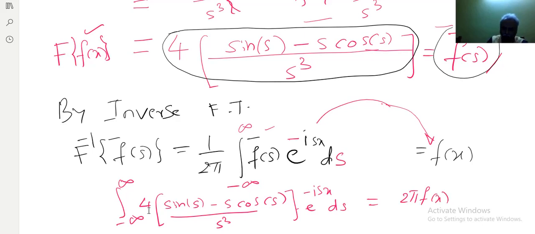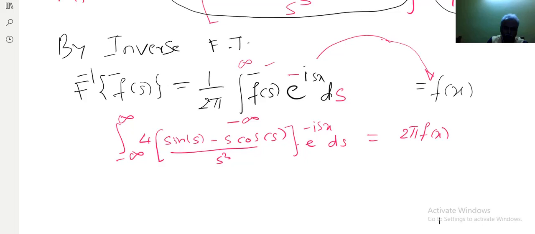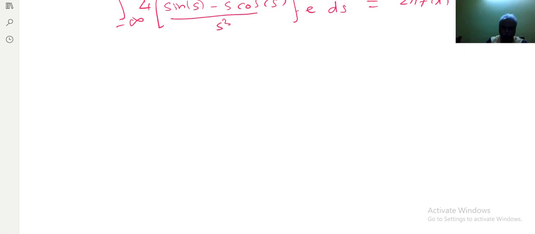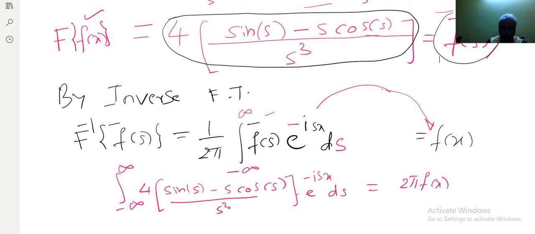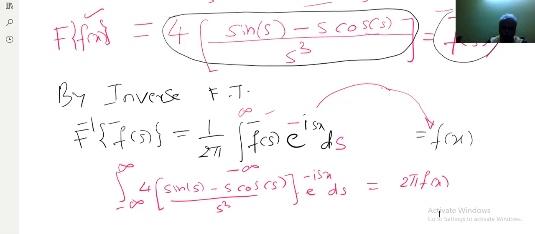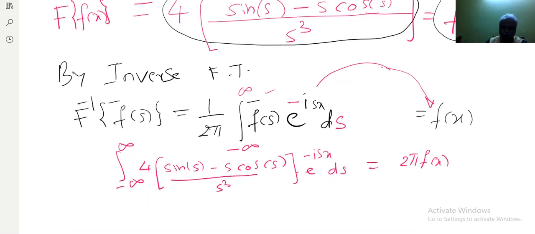Now one more fundamental thing we shall use here. Many of the times you have used e raised to i theta in terms of cos and sine. So let me write this fundamental. e raised to i theta is cos plus i sine. If it is minus here, you will get minus here. See, here it is minus, instead of sx there is theta. So why should I not write